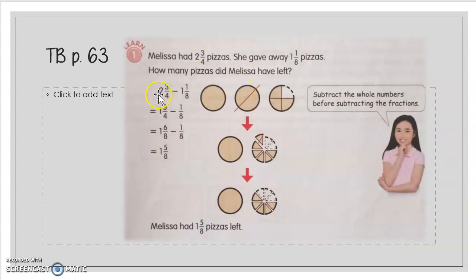So when you minus, of course, the whole number first, 2 minus 1 becomes 1. And then look, the denominators are not the same. Because 4 can go to 8, of course, you will multiply 4 by 2, right? So 3 times 2 becomes 6 here, and then 4 times 2 becomes 8. This one you only copy, right? Because the denominators are the same, you only minus the top one, the numerator. So 6 minus 1 becomes 5. This one is the answer, okay?